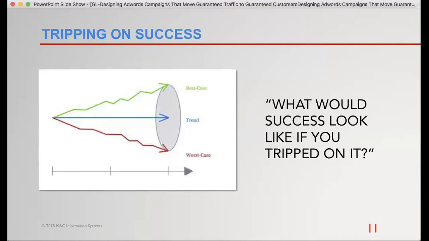I wanted to go back to this slide, tripping on success, because in that planning stage, what this is really talking about is there are always going to be best case and worst case scenarios, and then that trend line of what actually happens. So going forward inside of campaigns, one of the ways we help ourselves troubleshoot is to make sure we always know what the best case scenario is, but also what is the worst case that we're willing to live with before we cut bait on these campaigns.